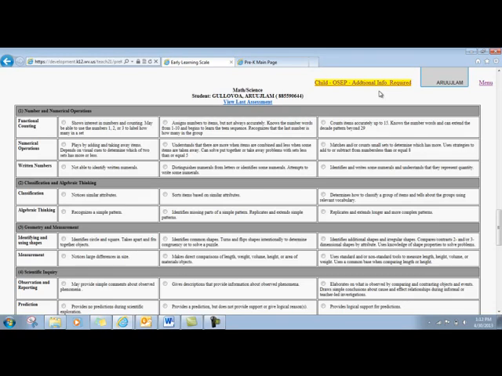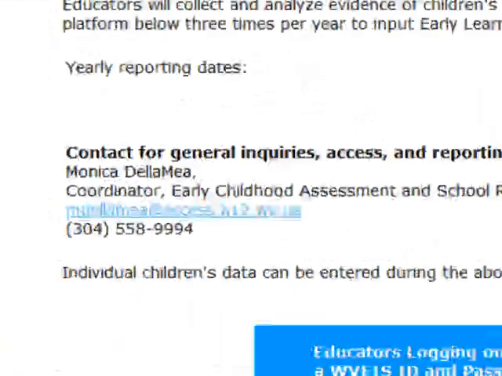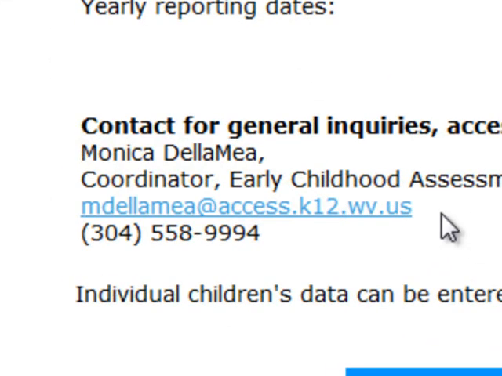If you have a child in your classroom, or if you're serving a child outside of the classroom environment and the child is not on your class roster, or if the child is on your class roster but this yellow information is not available for you to see, and you know the child is receiving services, then please let your special education director as well as your pre-K coordinator know, and there are some things they can do to make sure that the data is reflected properly for each child. If you have questions, feel free to email me at